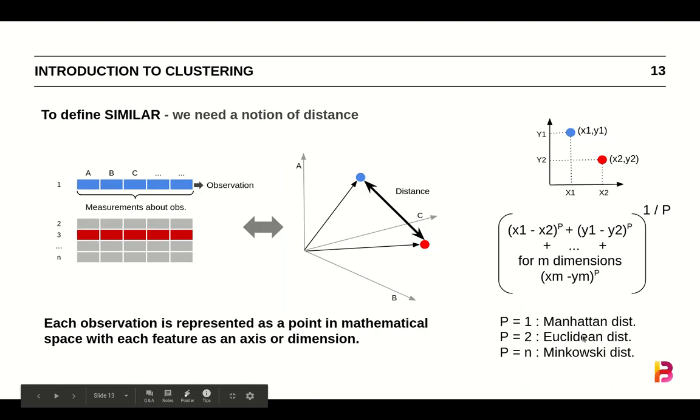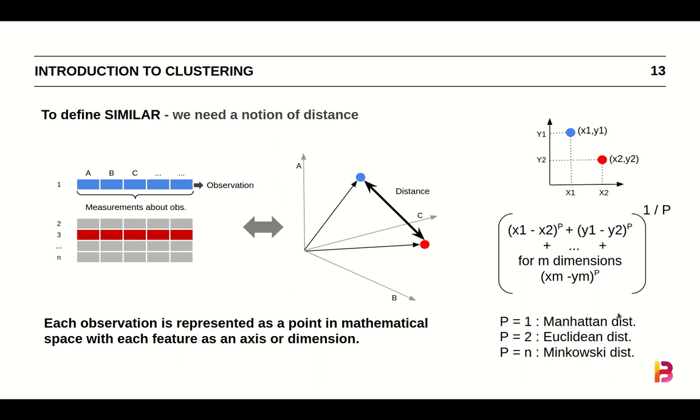So if p is 2, it becomes Euclidean distance. If p is 1, it becomes Manhattan distance. And as you would see, it really doesn't matter what value we choose for p. As long as it's a real number, it would always give a certain type of distance. And in general, if we just choose p, this equation is also called Minkowski's distance, which is a general form of capturing any possible distance. So if the Minkowski's number becomes 1, this formula takes the form of Manhattan distance. If this becomes 2, it takes the form of Euclidean distance, and so on.